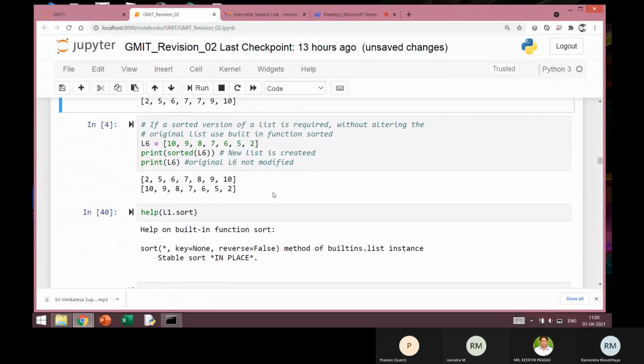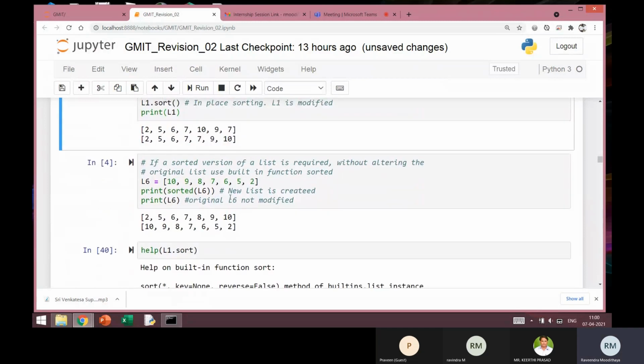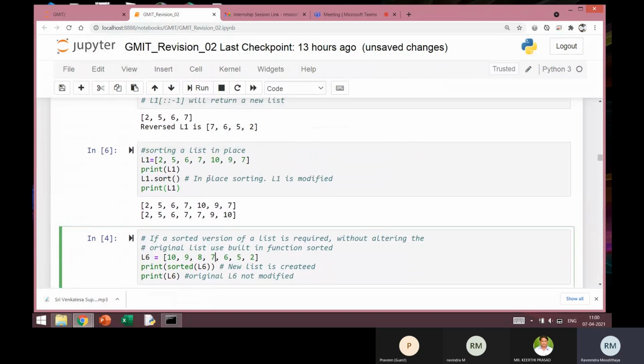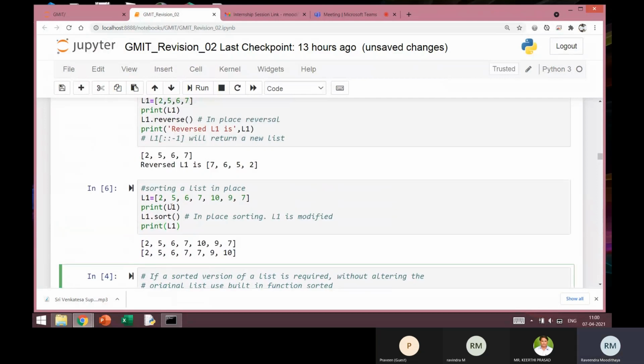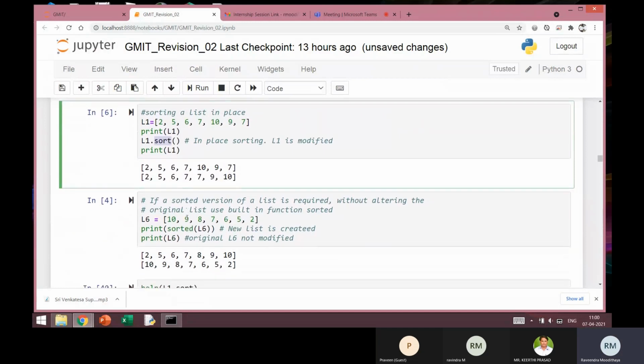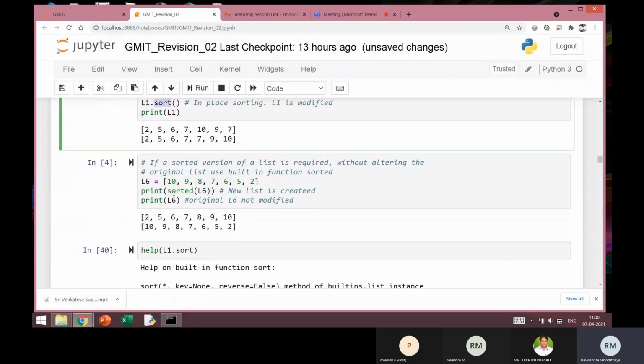Now there is one more function called sorted. Remember, the name we are using for the list method is sort. Sort is the name of the method which is applicable to a list. Now there is one more built-in function of Python called sorted.